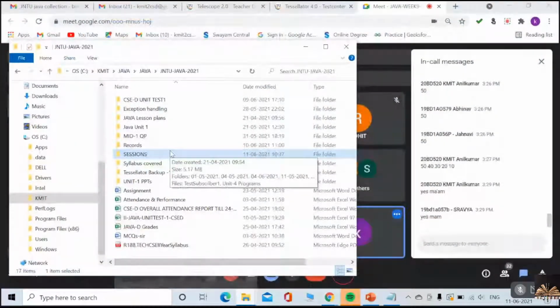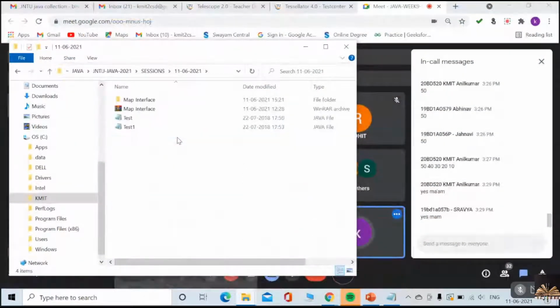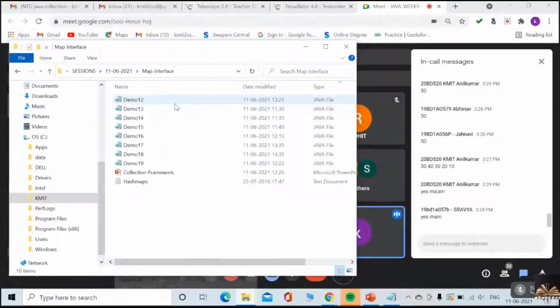So now today I want to discuss map. Actually, what are all the interfaces we have seen so far? Can you please tell me what all the interfaces we have discussed? List, set, queue. Exactly.